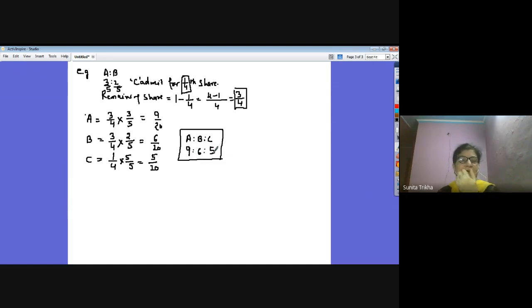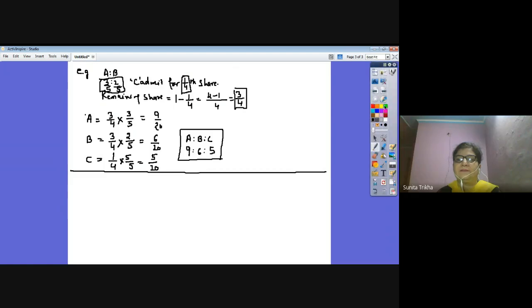If any question asks you to calculate the sacrificing ratio, then you have to apply the formula old ratio minus new ratio. Now you have the old ratio as well as the new ratio. By applying the formula, you are able to calculate the sacrificing ratio of the old partners. This is the first possibility. And the second possibility is